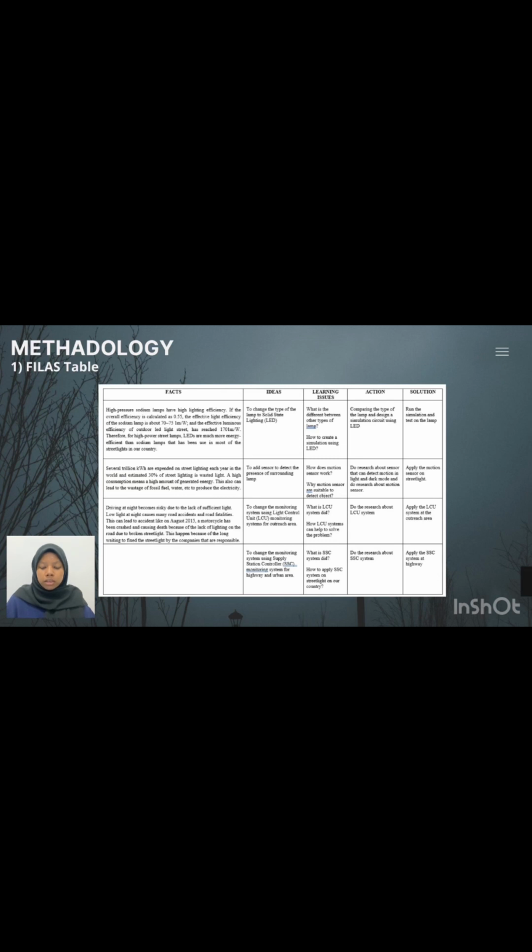For the facts, driving at night becomes risky due to the lack of sufficient light, because in August 2015 a motorcycle crashed, causing death because of the lack of lighting on the road due to a broken streetlight. This broken streetlight happened because